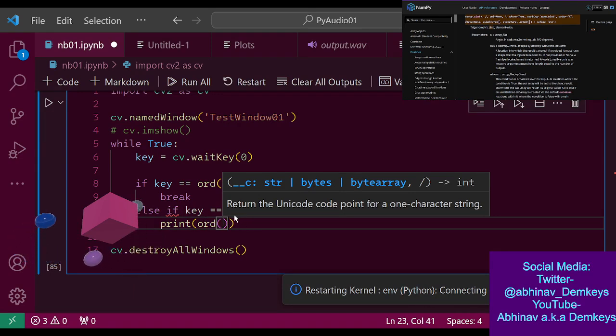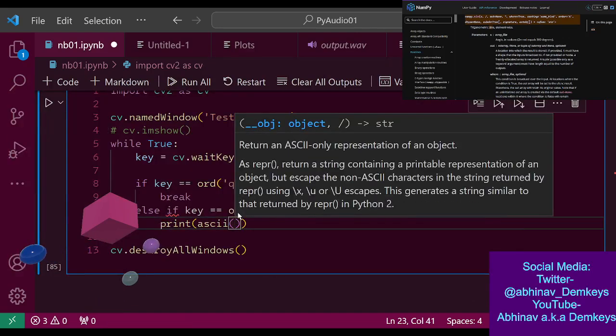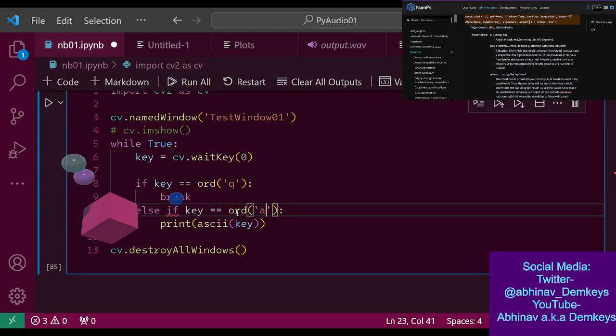It returns the Unicode point for a one character. So I'm just gonna assume it's UTF-8. If it is UTF-8, then wouldn't this work? I think this would work, right?